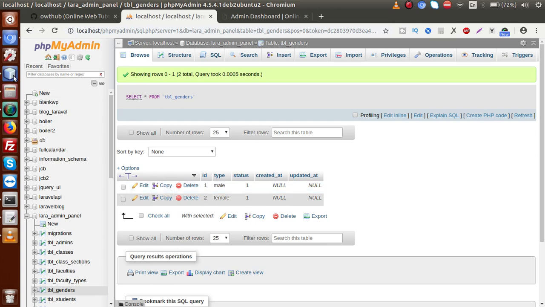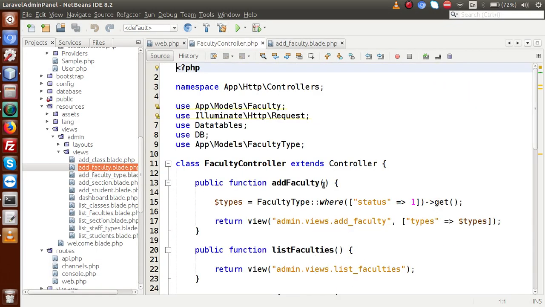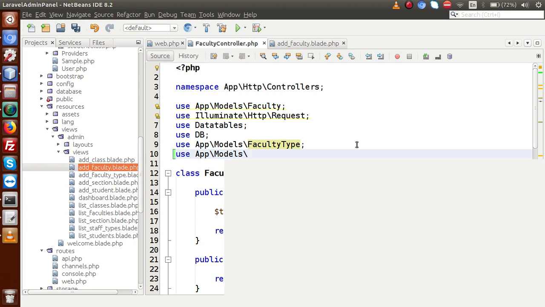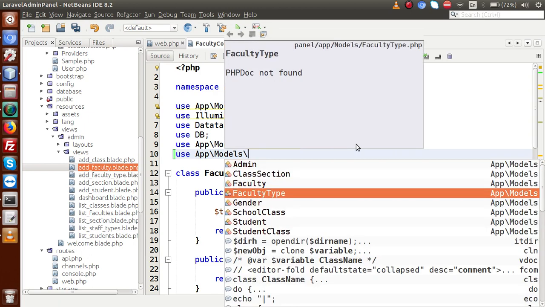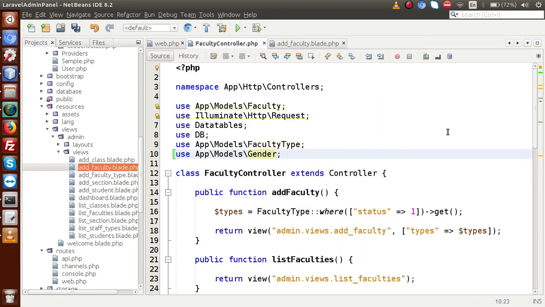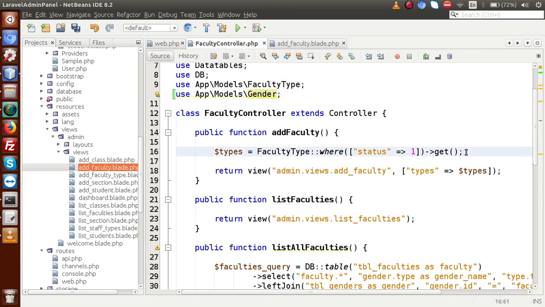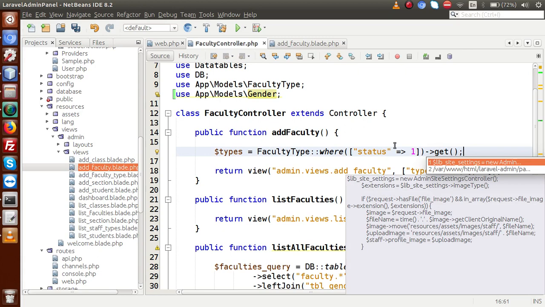So back to the editor. Inside our faculty controller, let's import our model first. So use App\Models\Gender. This is the gender model that we have developed. Then scroll inside add faculty. If I copy and paste this row,